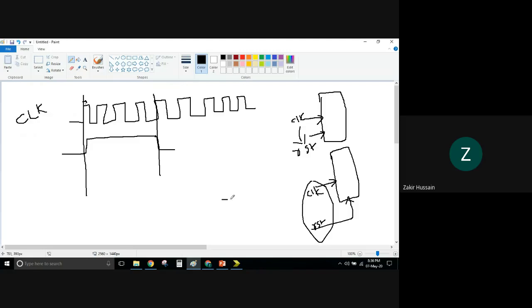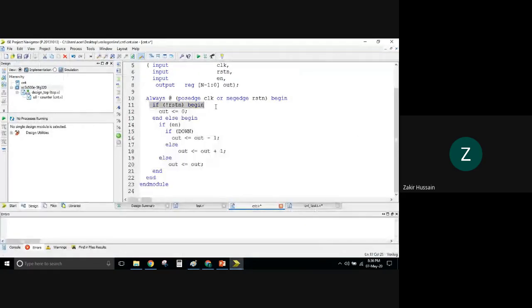Let us say we have a reset signal, something like that. So this is an event happening here. Somewhere here again it is going down. Let us say this is an event happening here. Which event? It's a negative edge event. This is a positive edge event. If on the clock a positive edge is happening, this block is triggered. This entire code is taken by the compiler for consideration.